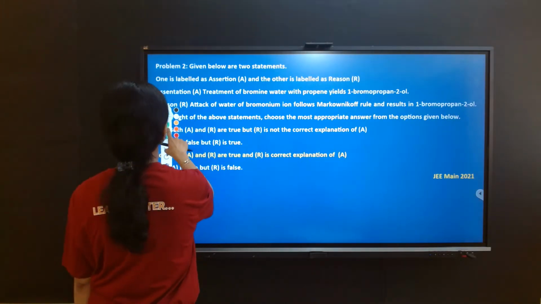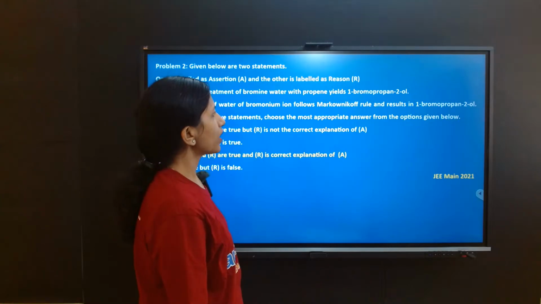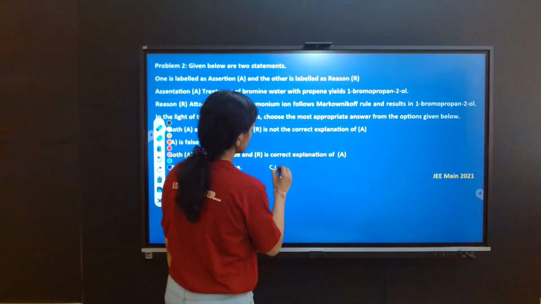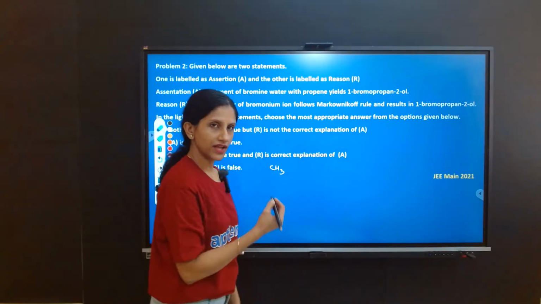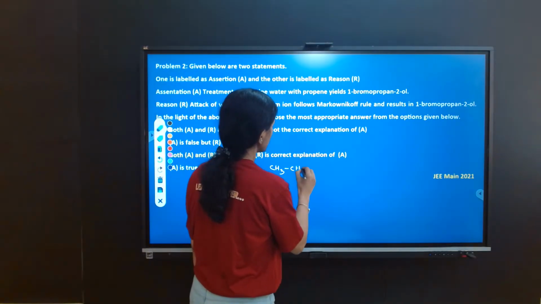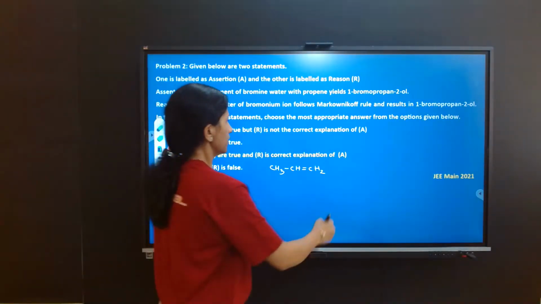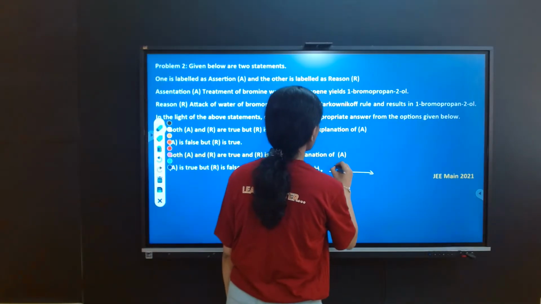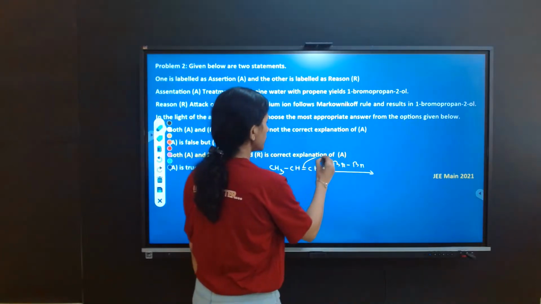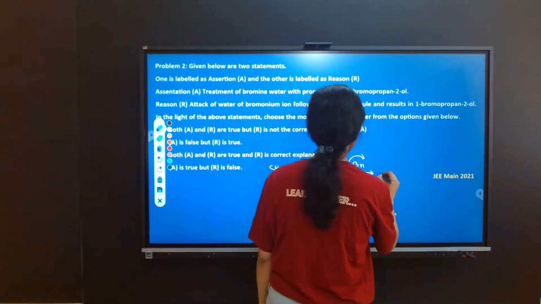So it has been given that treatment of bromine water with propene yields 1-bromopropan-2-ol. Let's write down the structure of propene first. Then we will consider the reaction and reaction mechanism simultaneously. So CH3CH=CH2 is the structure of propene. Now if it is reacting with bromine in the following way, the resulting structure is